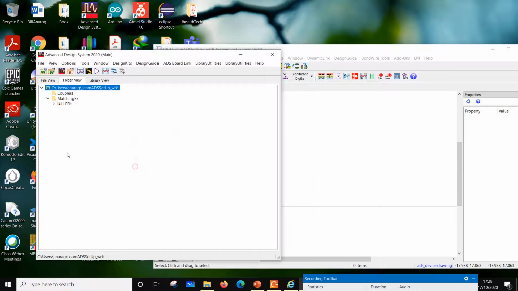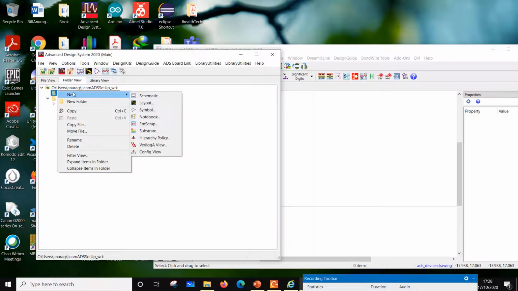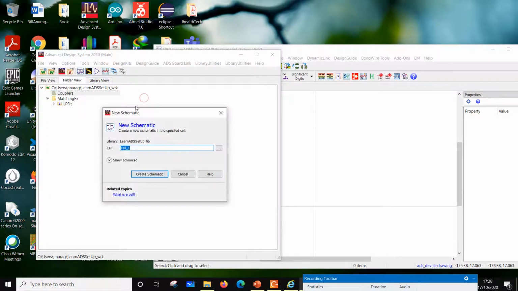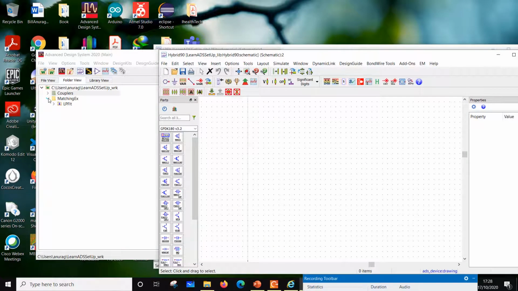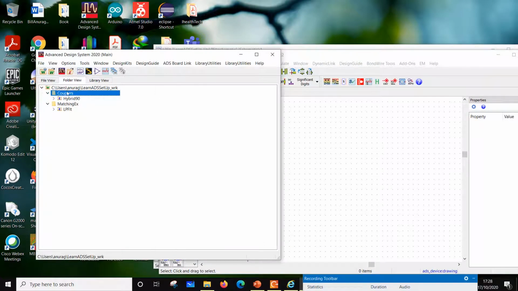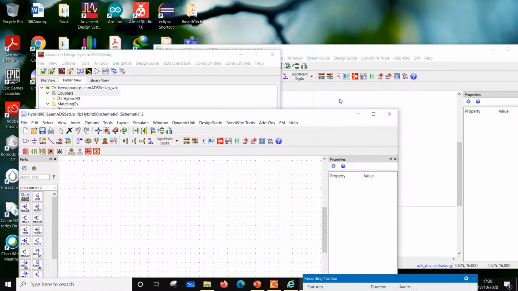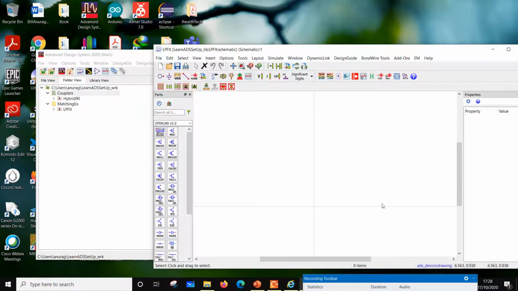So it will make another folder called couplers, and then I can go here and make a new schematic, and I will call that schematic, let's say, hybrid 90. Okay, so it will create another schematic. So this schematic hybrid 90 is under couplers. So basically you can organize your workspace in different folders. Okay, so that makes things easier.